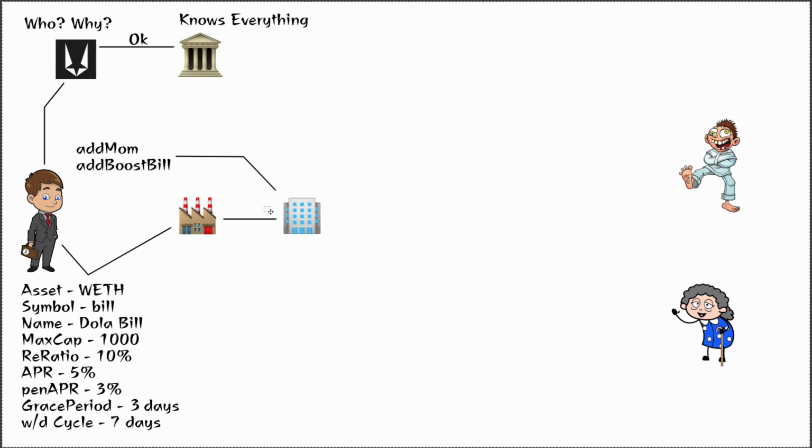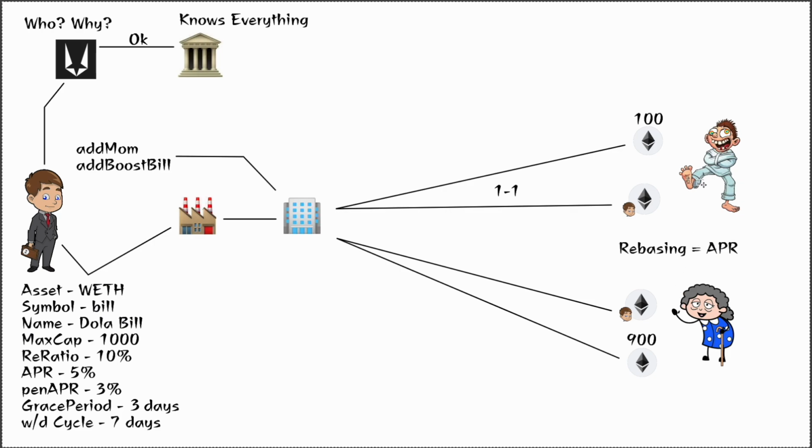So first thing he's going to do is add the people to this market and say, I want these people to be able to deposit. So he whitelists these people's addresses. He's going to add mom, and he's going to add boosted bill to this market. Now these people can deposit up to this capacity, of course. Let's say in this case, mom deposits 900,